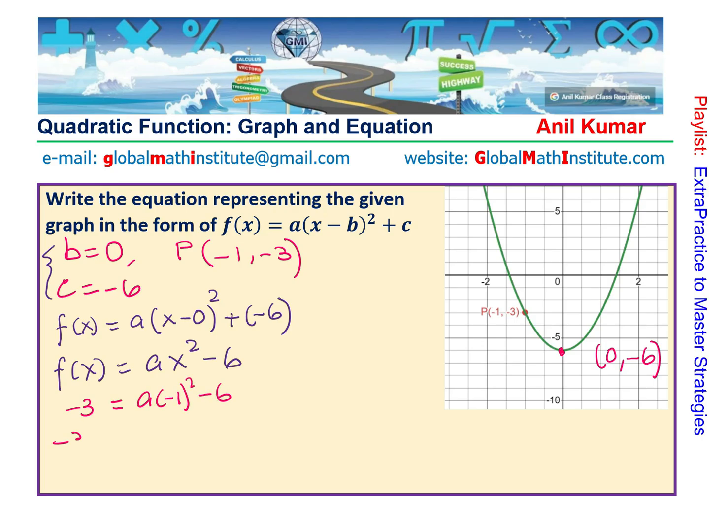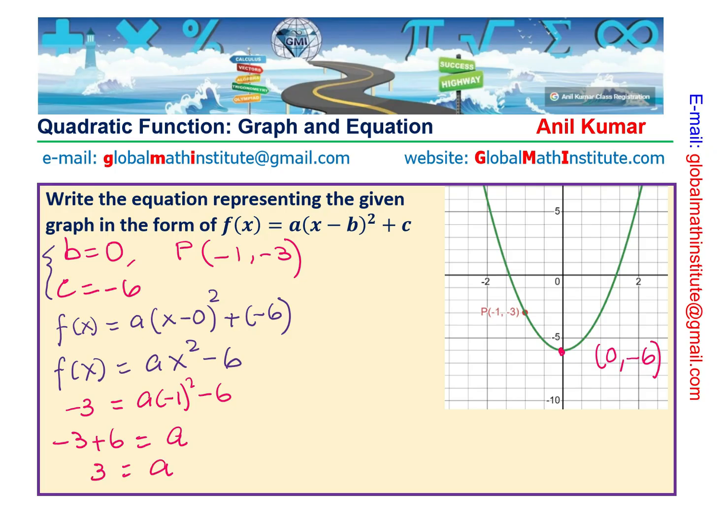So we can write as minus 3 plus 6 equals to minus 1 squared is 1, a, and that is 3 equals to a. So we get the value of a as positive 3. Since the parabola is opening up, a has to be positive. Perfect. So we can now write the function which is f of x